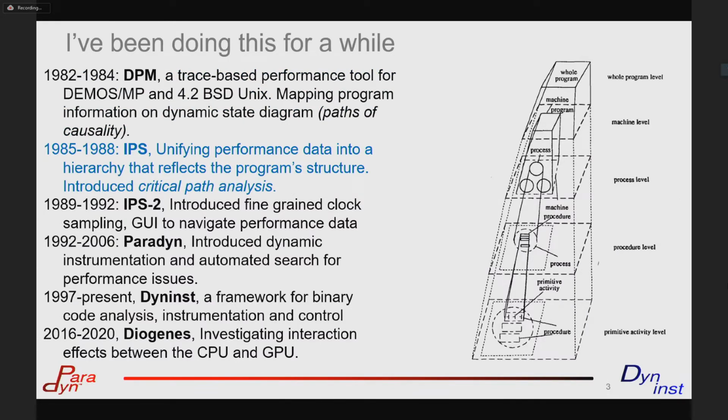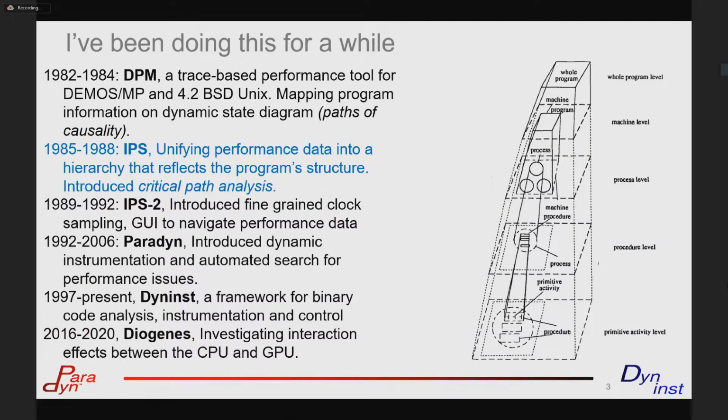When I got to Wisconsin, we started building a tool called IPS, and there's still a great deal of debate about what IPS stands for. And part of what we did there that was notable was trying to give you, again, higher level actionable information, in that case, critical path analysis, trying to figure out what parts of the program were contributing to your length of execution. Just because you spend 30 minutes in one piece of the code doesn't mean if you fix it, you'll get 30 minutes of performance. So we're actually trying to deal with that.